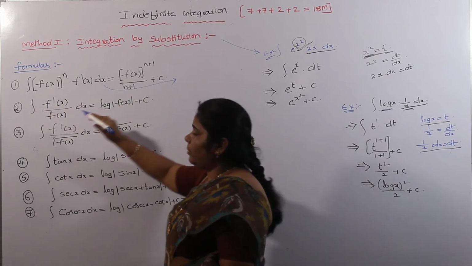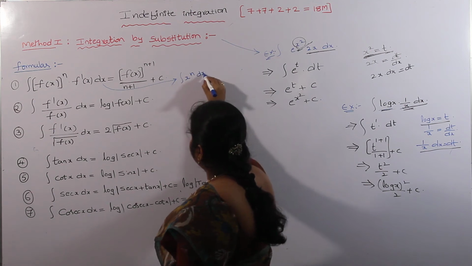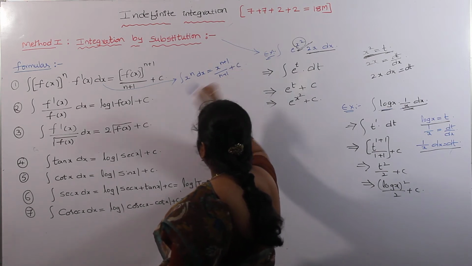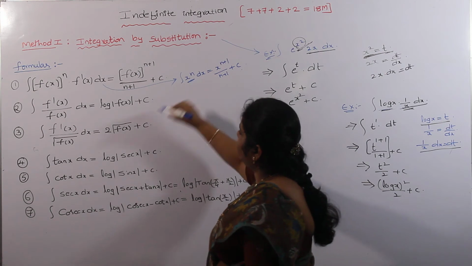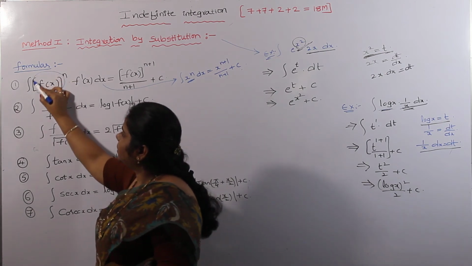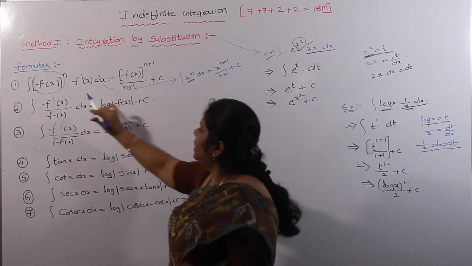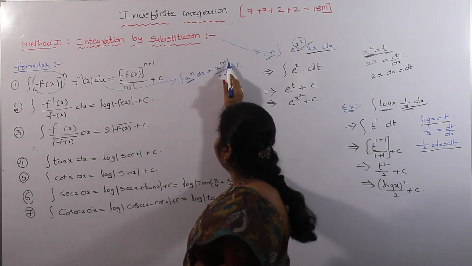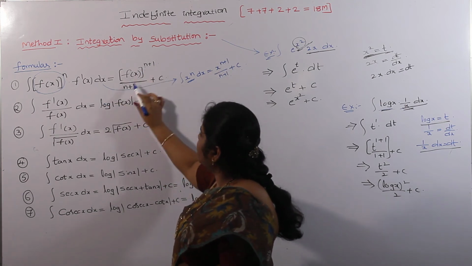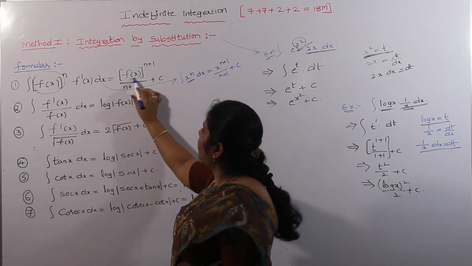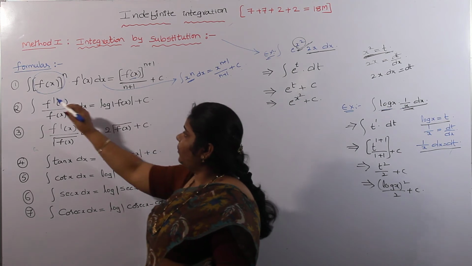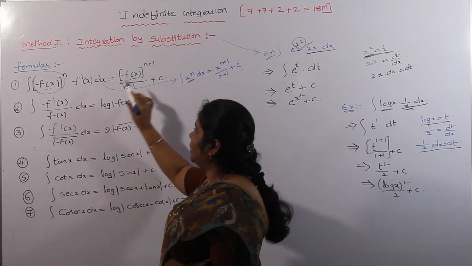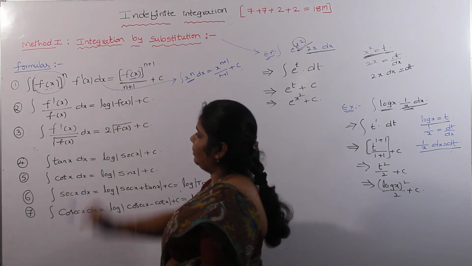Already we have the basic formula. Integral of x power n dx is x power n plus 1 by n plus 1 plus c. Okay, in place of x, here we have f of x. This is in the form of integral of x power n. Formula is x power n plus 1 by n plus 1. Substitute x is equal to f of x. In place of x here we have f of x. So substitute in place of x here f of x only. That implies f of x whole power n plus 1 by n plus 1 plus c.